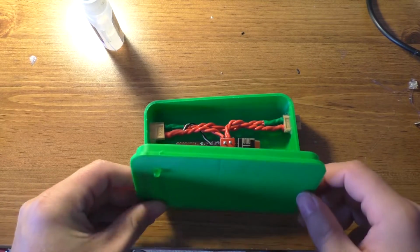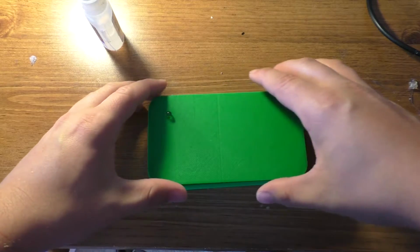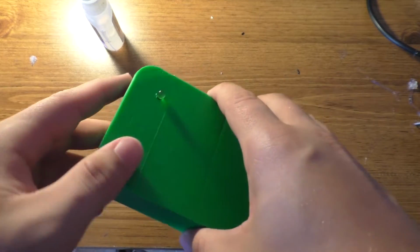We'll see how... for now, I only have glue on the top side of the connectors, so we'll see if that's actually strong enough to hold it, or if I'm going to have to get onto the bottom side of the connector somehow and glue it, because I don't want to put glue on the outside, so...